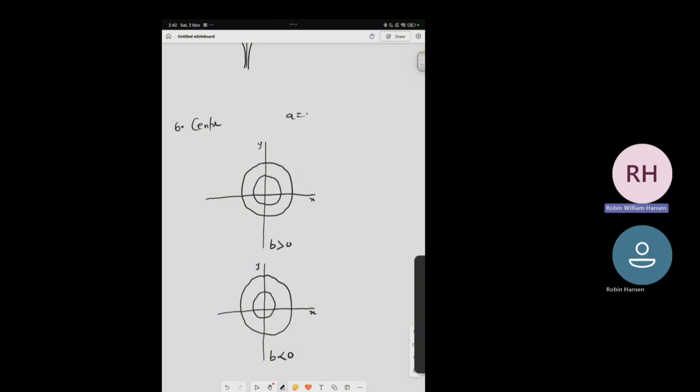So we have pure imaginary eigenvalues. That means our lambda is equal to plus or minus iB. So if we pick our lambda to be equal to iB, this is what we will get. If we pick our lambda to be equal to minus iB,